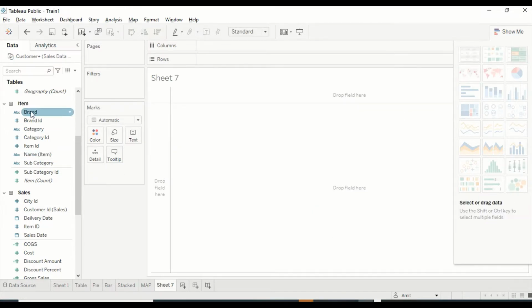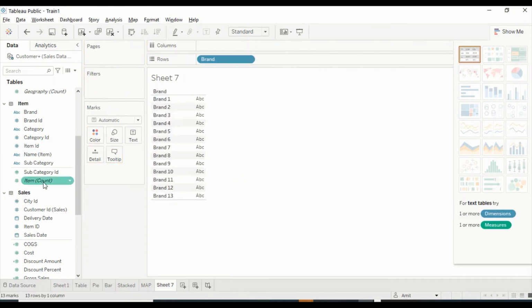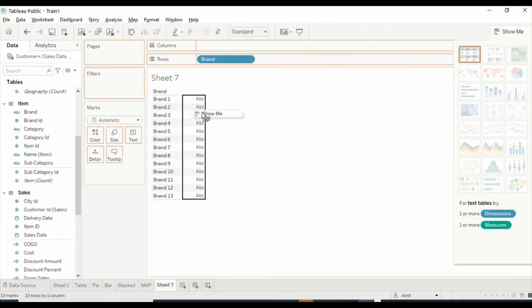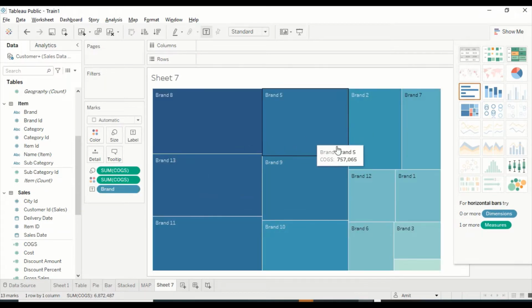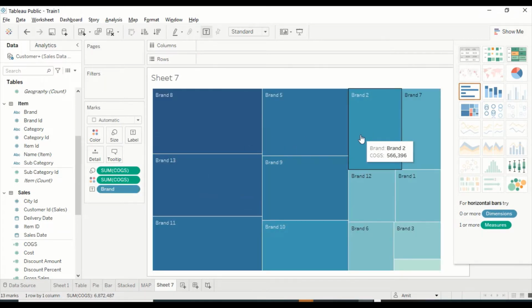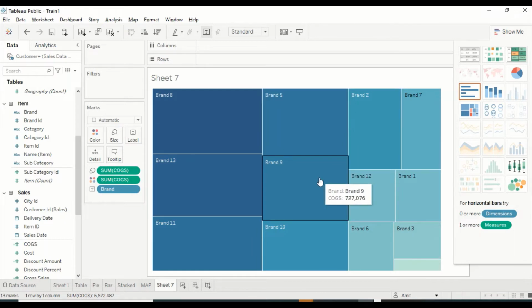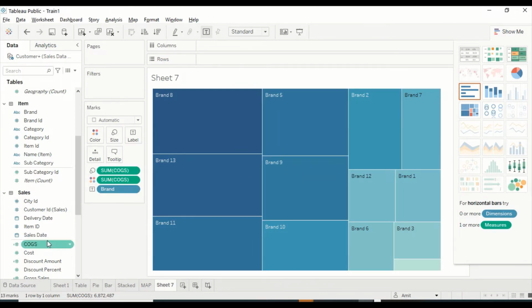Now as usual, on this new sheet, we are going to drag a dimension, and we are going to drag a measure, basically a column which we have aggregated, and then we will go back and look. Yes, this map requires one or more dimensions and measures, and then we click here. Now I can see a tree map. This is basically kind of a horizontal pie if you ask me. Now we can go ahead and add the details.